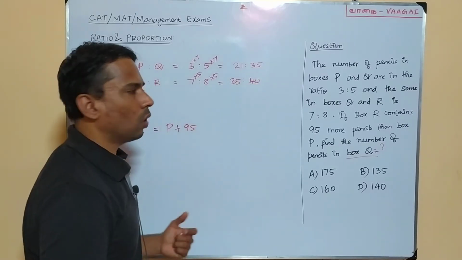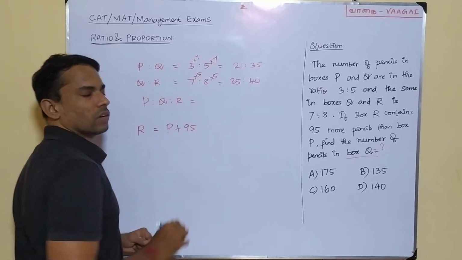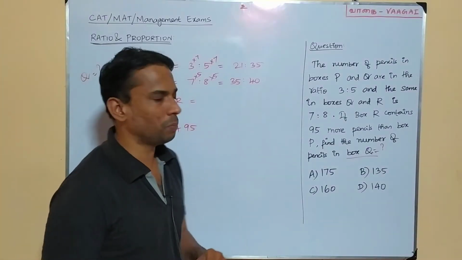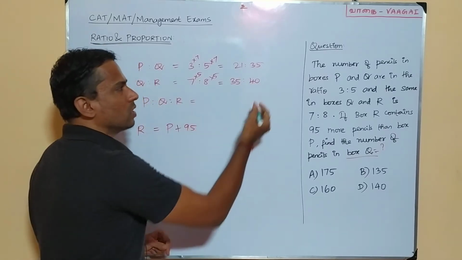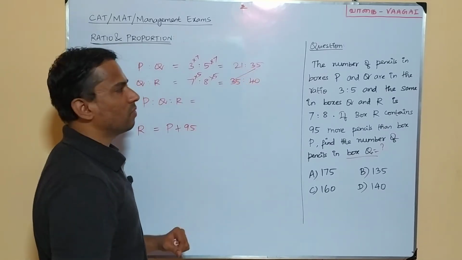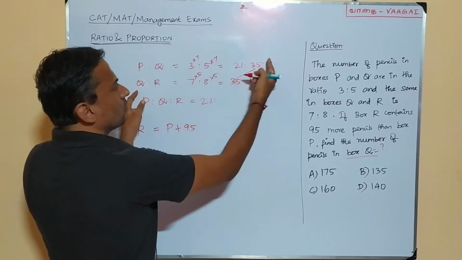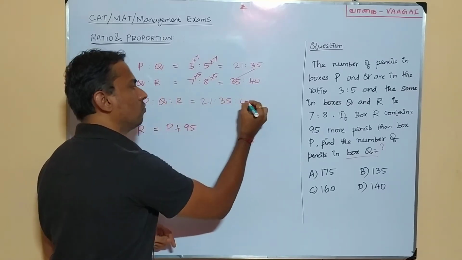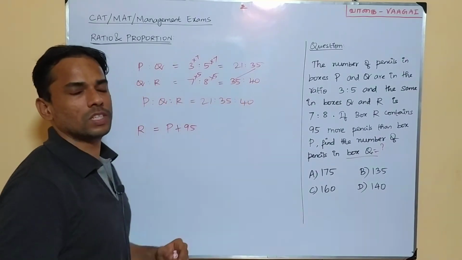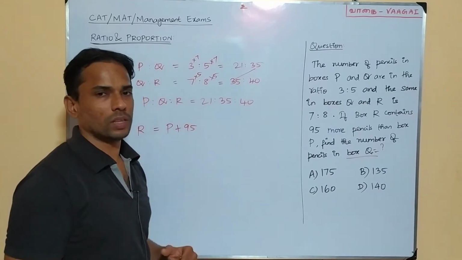Now it's easy for us to merge P:Q:R. We can get the combined ratio P:Q:R. We can directly merge now, because see, the numbers are the same now. So it's going to be very easy. In the place of P we have 21 is to, in the place of Q we have 35 in both the places, is to R we have 40. We can just place it. Very simple, right? So now we can easily compare with the parts and get the answer.